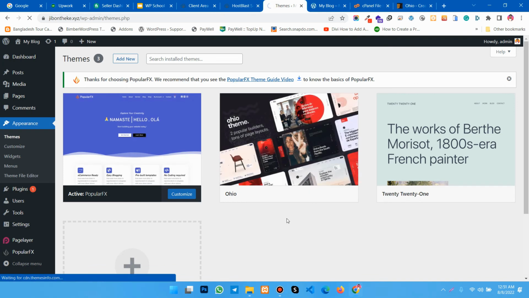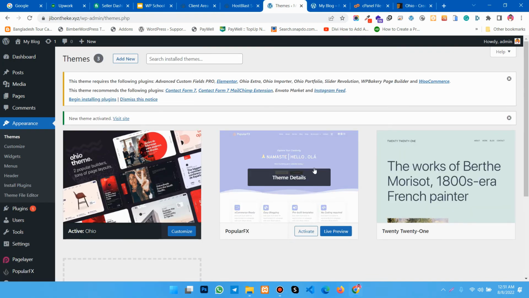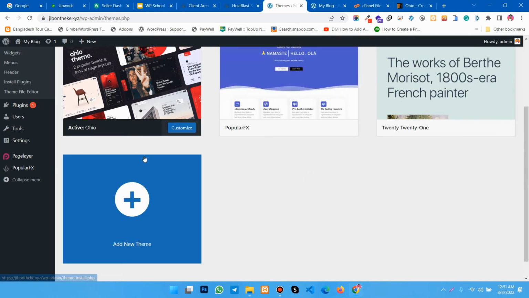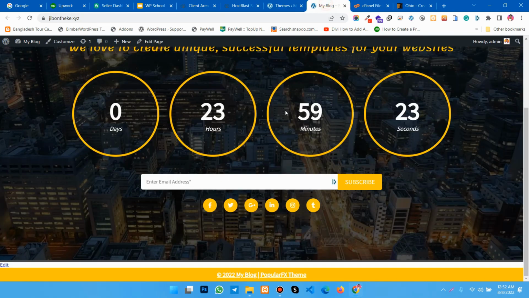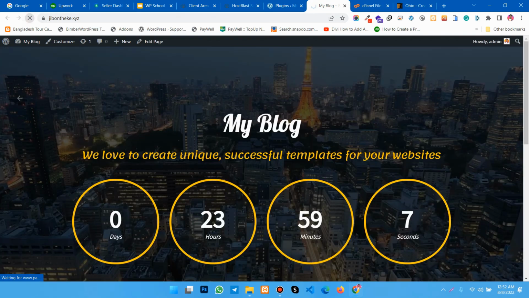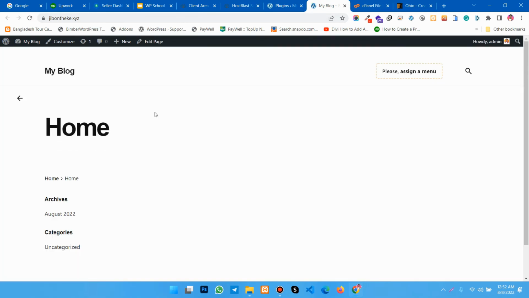Now I'm going to activate this one. It's activated and it's asking for plugins, which are needed for theme support. So you can see here the theme is